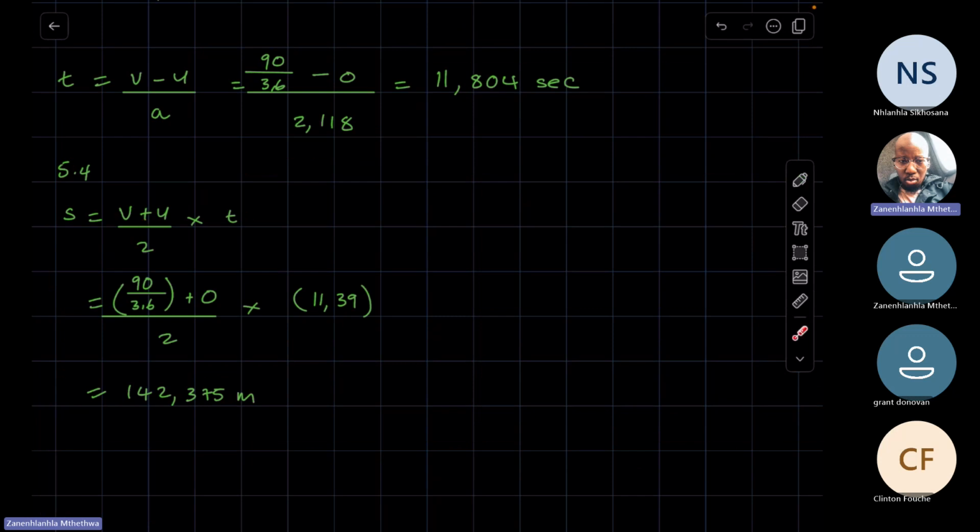Right. This one here. Maybe some of you will remember it as S is equal to the average velocity times time. Average velocity is equal to the final plus initial velocity divided by 2 that you multiply by the time, right? And then, of course, this you will have calculated here. The initial and final velocity you've already been given, right? And then you'll be able to get your distance,